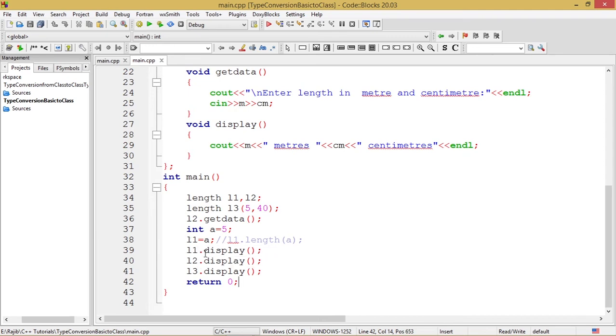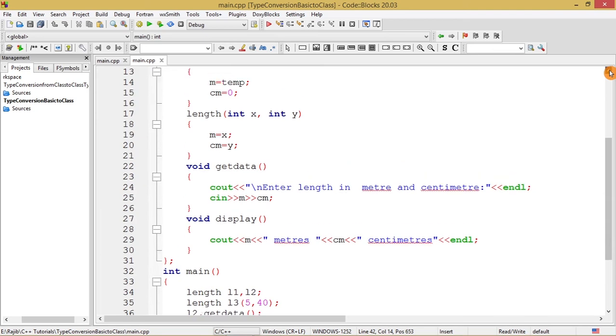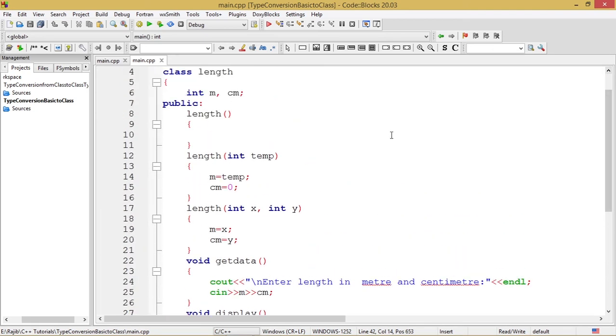Now L1 dot display. So what is being invoked over here? Which is the constructor being invoked over here? That is the constructor which was written above. I will show you the constructor with the single argument, that is length int temp, which by default assigns 0 value to cm, and the temp will be assigned to m.